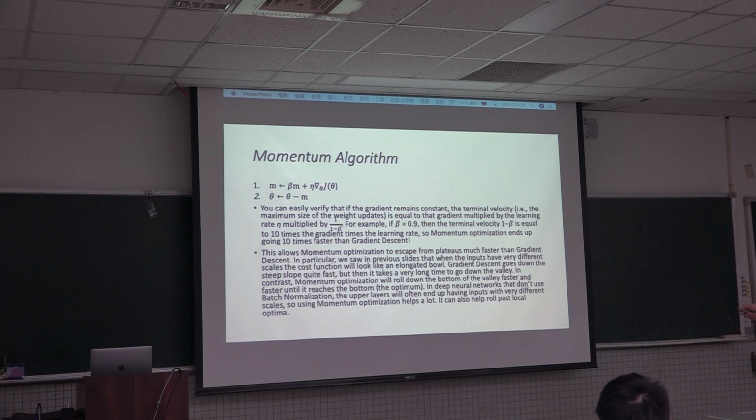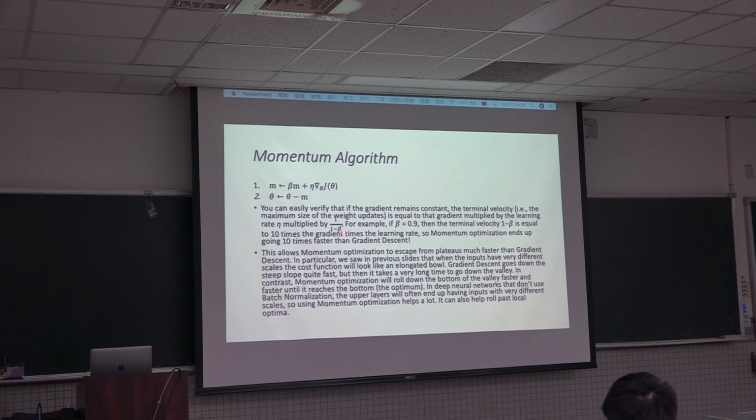So if this gradient is a constant, meaning we keep having a positive gradient and we keep increasing the speed, eventually it's going to reach the maximum speed. It's not going to increase forever. It's going to increase to a point, which is the learning rate multiplied by 1 over 1 minus beta. In other words, if beta is 0.9, the terminal velocity is equal to 10 times the gradient times